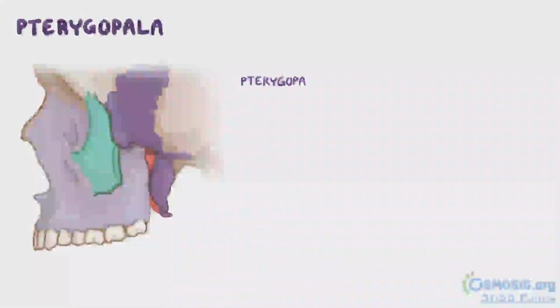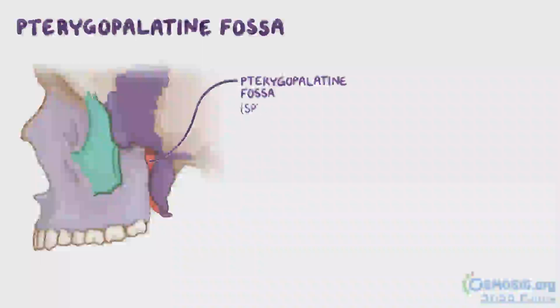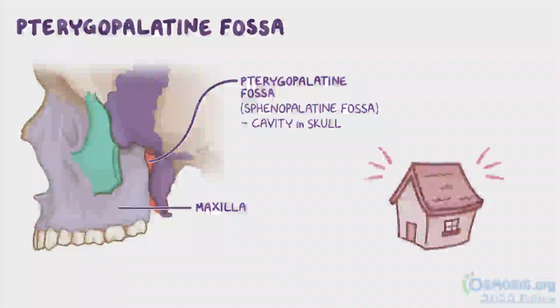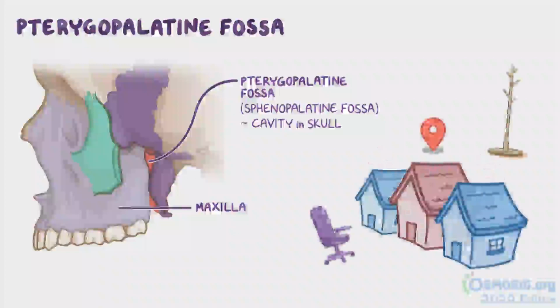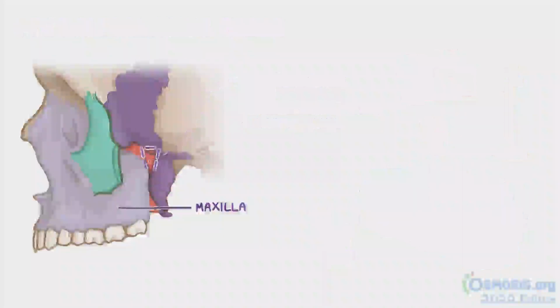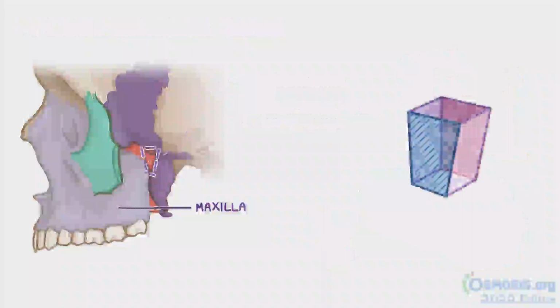The pterygopalatine fossa, sometimes called the sphenopalatine fossa, is a cavity in our skull that sits behind the maxilla. We're going to think of the pterygopalatine fossa as a house for sale and talk about its design, location, neighbors, and even the furnishings it comes with. First, let's talk about the shape of the house. The pterygopalatine fossa is shaped like an upside-down trapezoidal prism, and it is situated in a prime location, just posterior